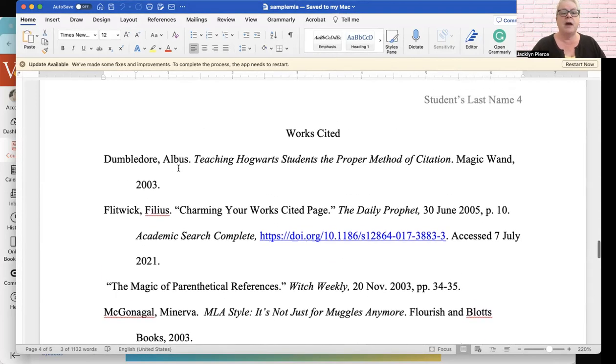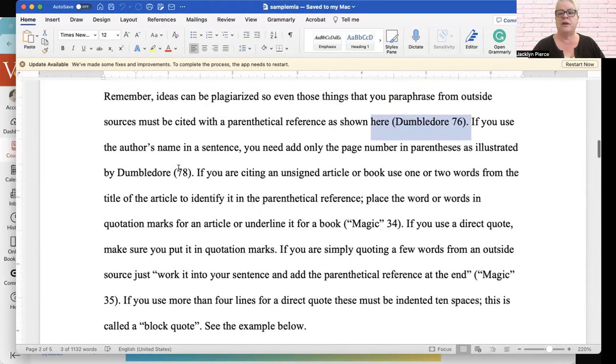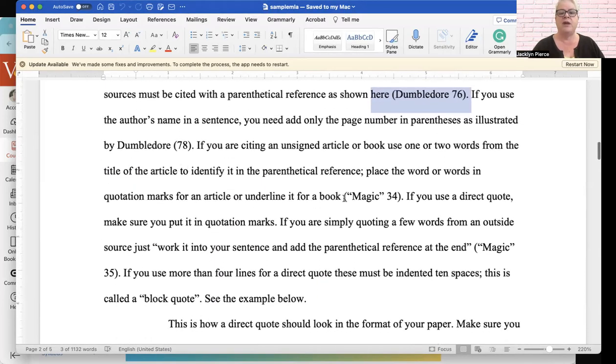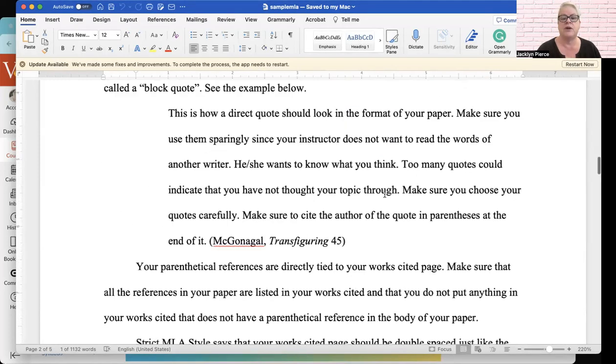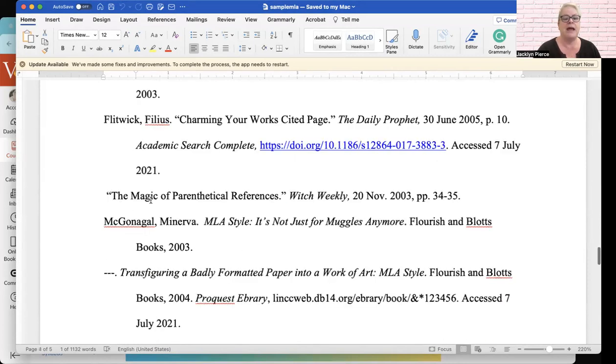When we scroll back up, we will notice that the next one we have just has the word magic, but notice that it is in quotation marks. So if there is no author, we skip that and we go to what comes first in the works cited entry, which happens to be, in this case, the title, "The Magical Uses of Parenthetical References."